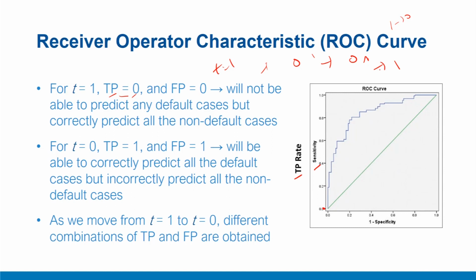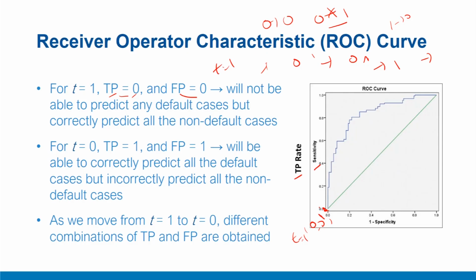But at the same time, because we are not classifying any case as 1, even those that are zeros, all the zeros are collectively classified as 0. So none of the zeros are classified as 1. So this is, one can say, a sort of positive from this model, that none of the zeros will be classified as ones and therefore false positives will be 0. So this point will be here as well. So for t equal to 1, irrespective of the logistic regression or classification algorithm model, its coordinate will be 0, 0. This is irrespective of the model, it will always be 0, 0 here.